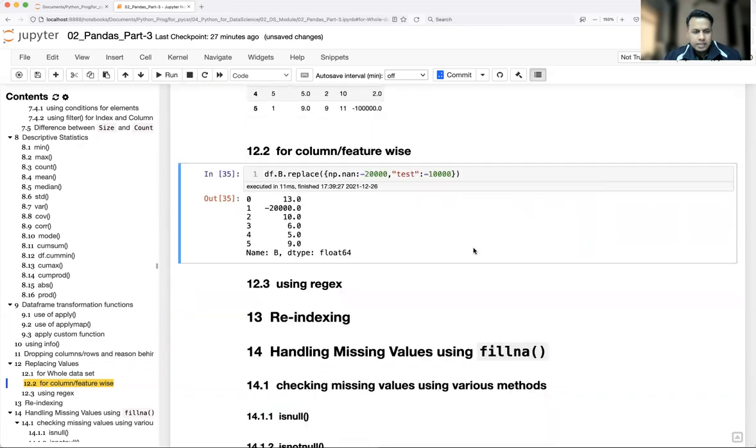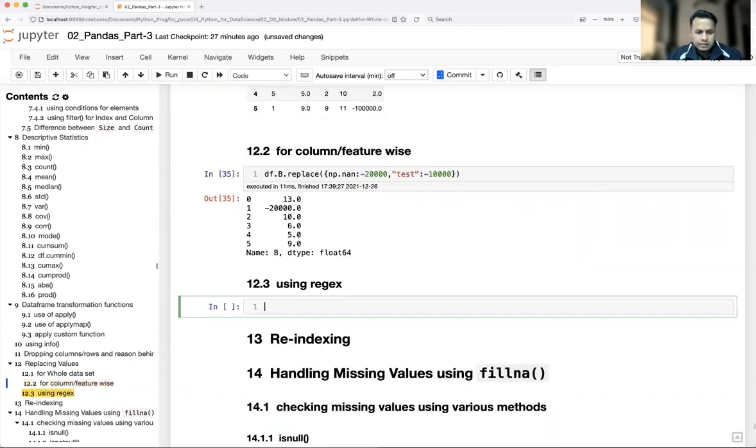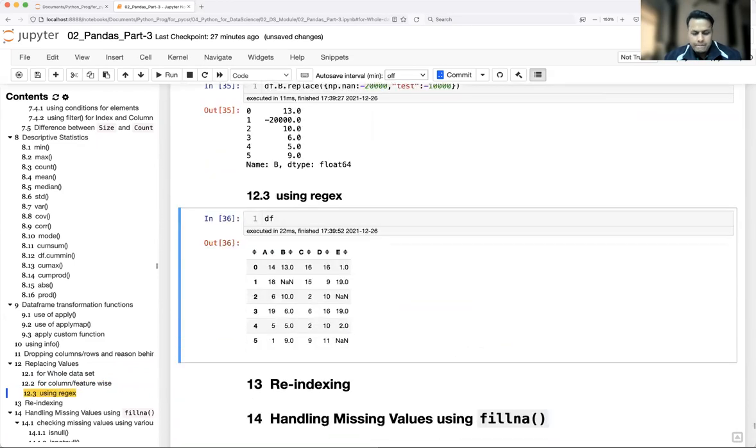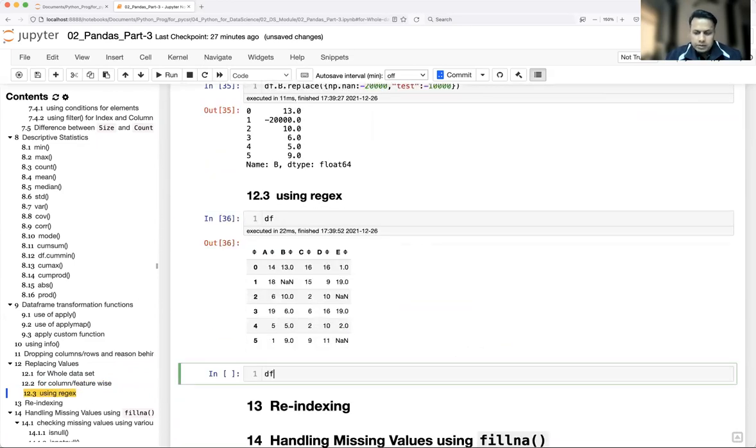So for regular expression, let me insert some strings. So df dot loc, and I'm going to insert some column. Let's say there is another column called f, and its value is PyCSR.